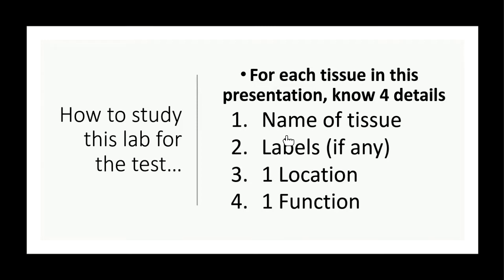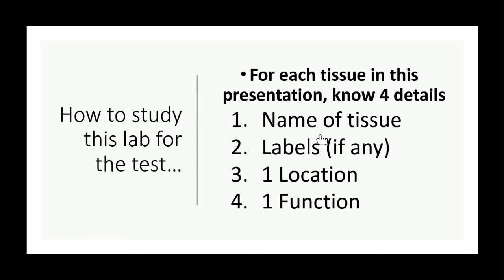The 4 things are: number 1, the name, and that's pretty easy. That's the name that's in your book. Again, you can use your collection of images book, and these images are in there. There's going to be a few more images than we're going to cover during this lab because I just don't like some of these images, and I don't think it's very educational for us to cover them. We can learn about those tissue types a little bit differently, but instead we're going to cover these 19 tissues,